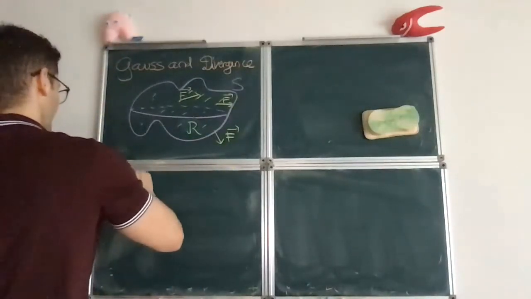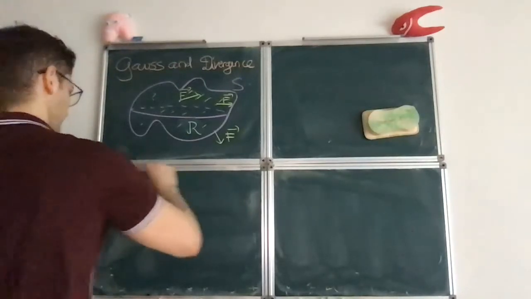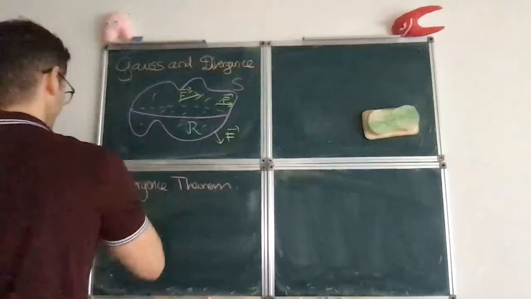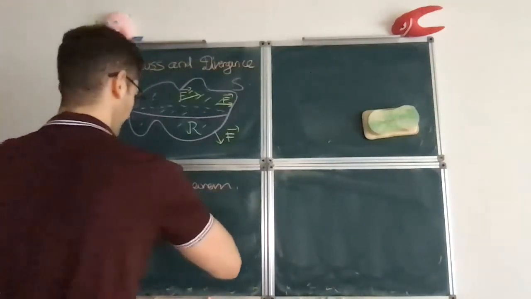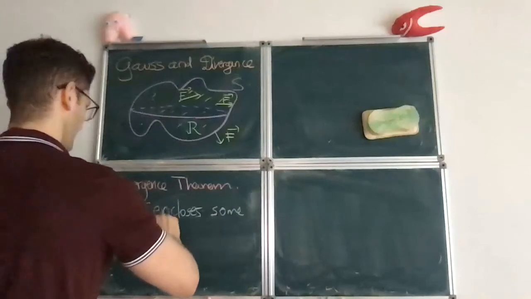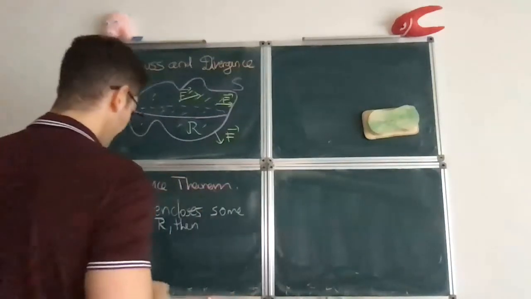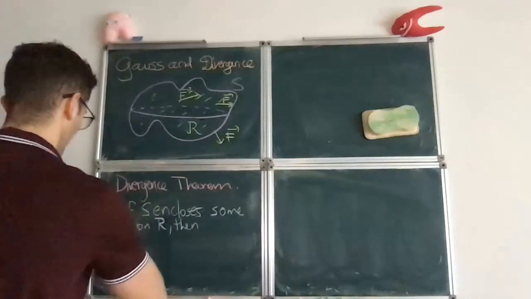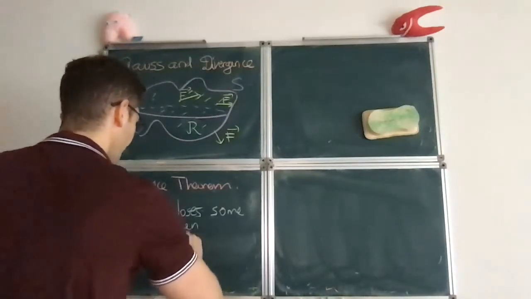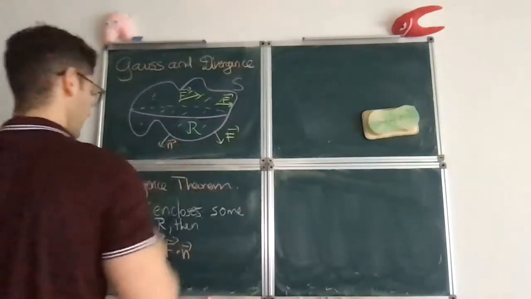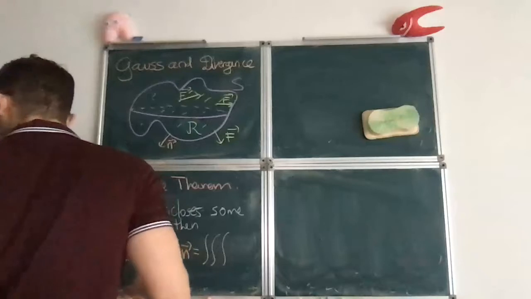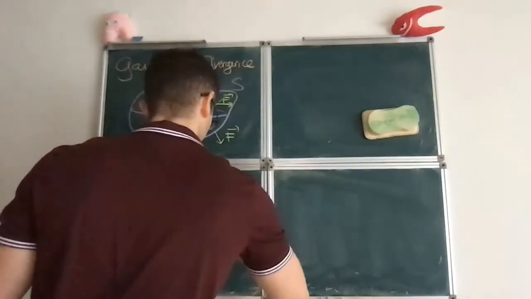So let's write the divergence theorem here. The idea again is that if S encloses some region R, then the flux along this surface, which remember was the dot product between F and N, here's N, equals a triple integral over this region of what's called the divergence of F,